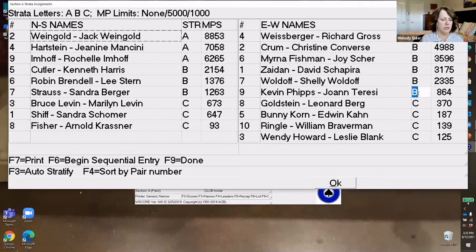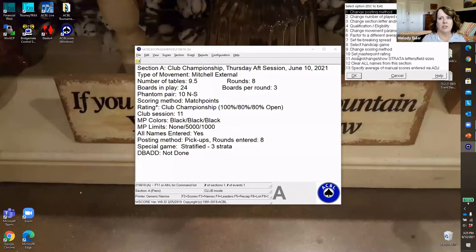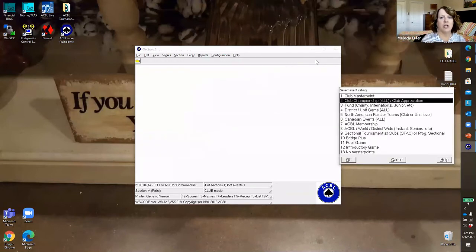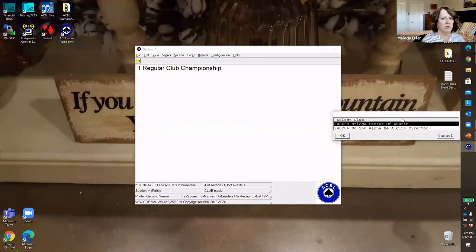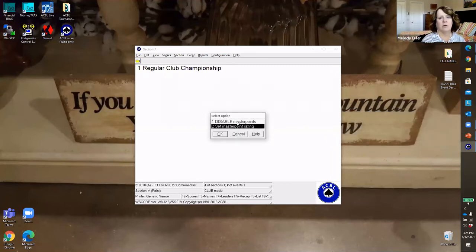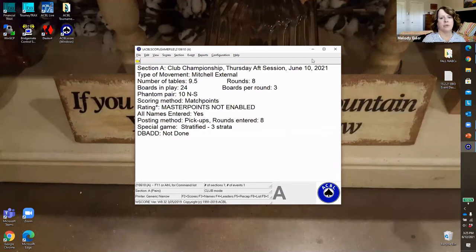And so you can change them here, or you can change them globally by just going in and resetting your master point rating, which is here, F9, set your master point rating, and you can change your parameters for your strat here. So it's just going to take you back through all to get back to here. So,